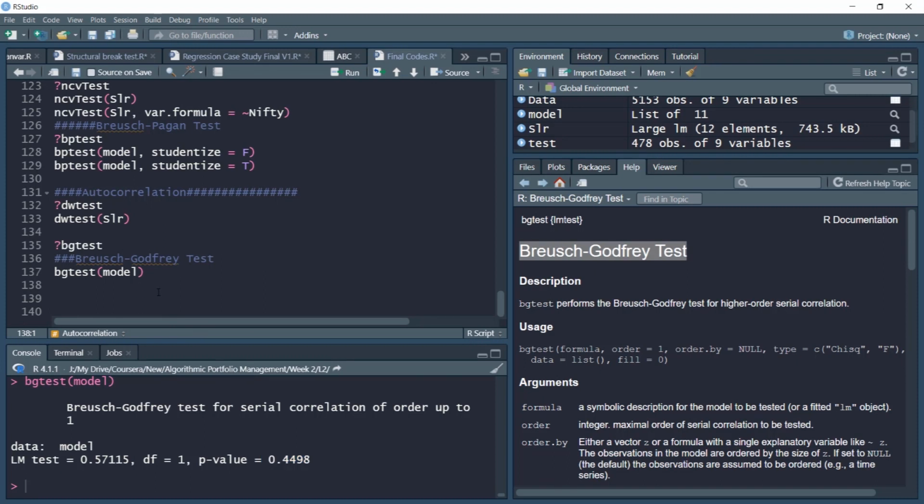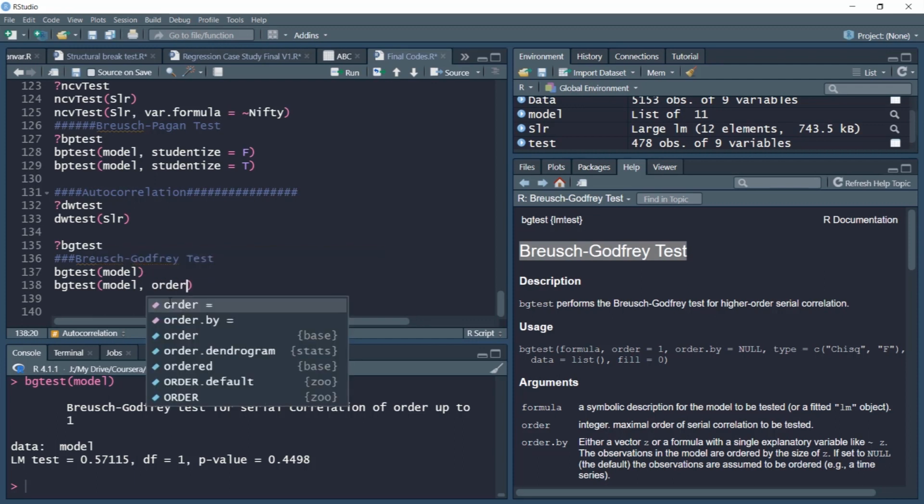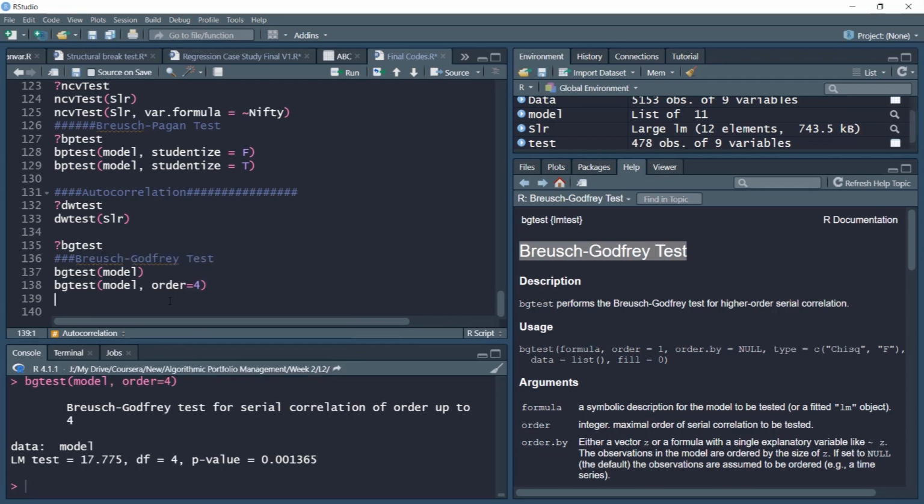However, please remember, many times the correlation is not because of the first lag, it can also be because of lags from later periods, maybe the second or third lag. To account for that, one can simply run the test with higher lag terms. For example, I can specify the order as 4 and see if there is correlation in the error term. Okay, so we are able to catch some serial correlation with 4 lags. That means there is some autocorrelation or serial correlation with higher order lag terms.